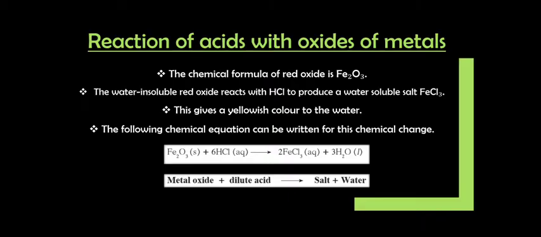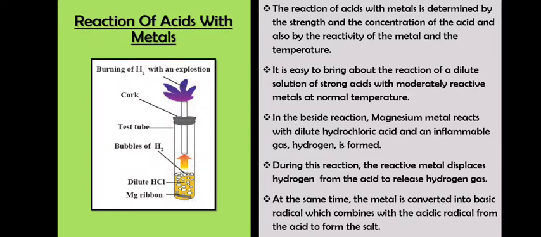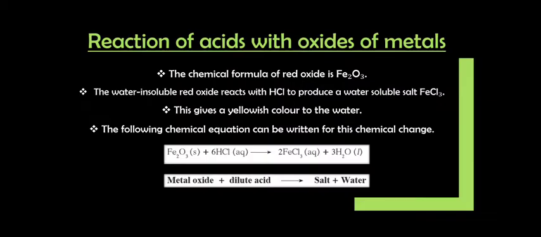So, when an acid is reacting with the metal, it forms hydrogen gas along with the metal salts, right? How can you write the reaction? Mg plus HCl forms H2 along with MgCl2. So Mg plus 2 HCl, right? You can write down the reaction: Mg plus 2 HCl will form H2 plus MgCl2, right?